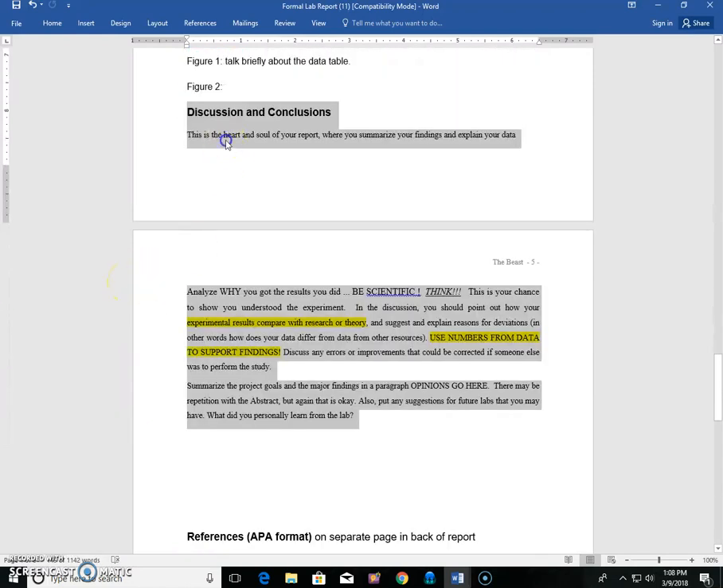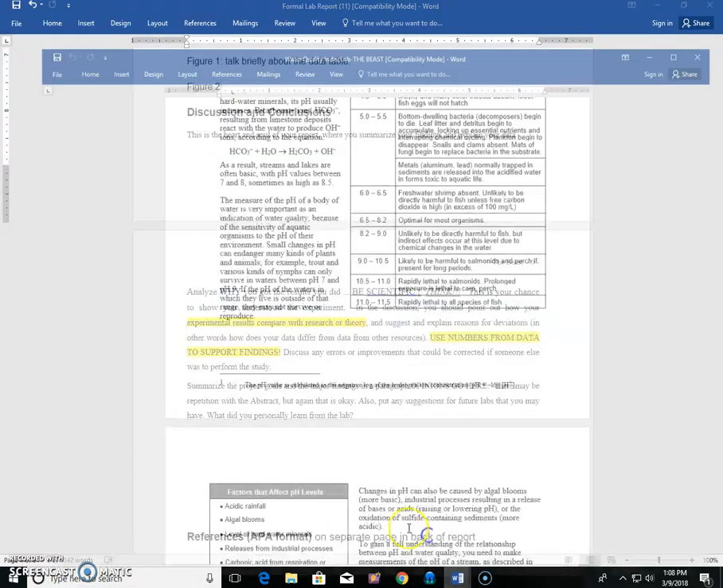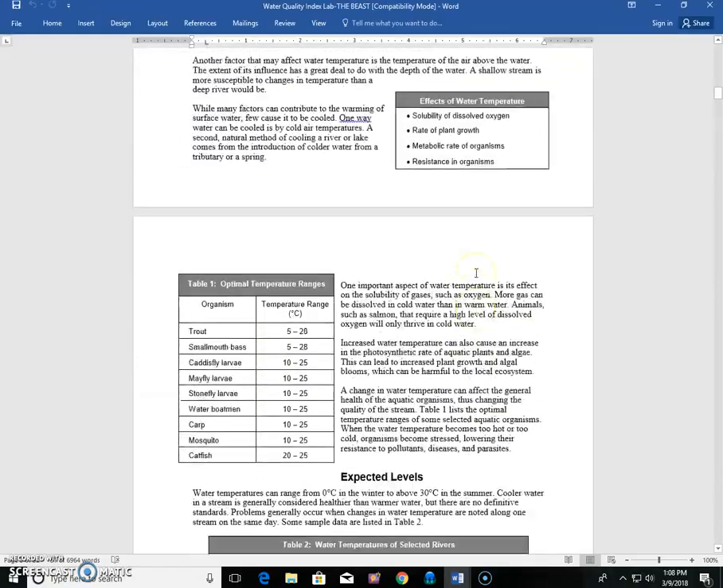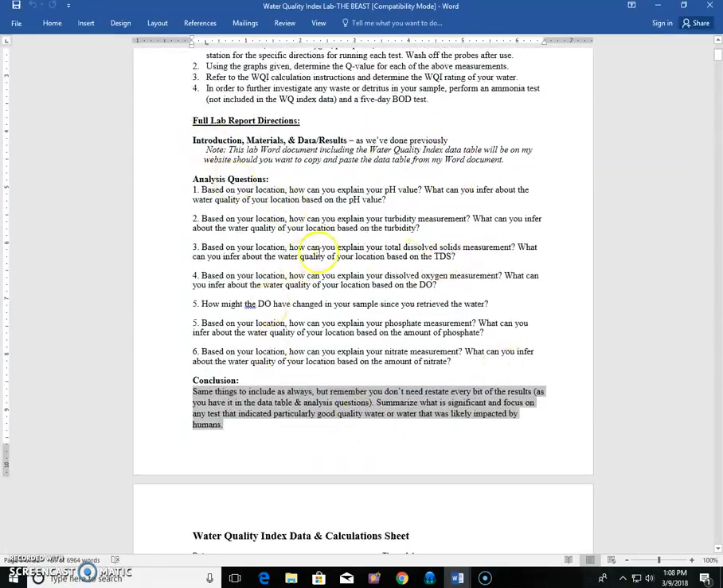And then we have the discussion and conclusions. This is going to be like your heart and your soul of your report. Everything that you even talked about or did or found is going to be in this area. Remember, real quick, going very briefly over it, remember that the analysis questions are all here. Those are going to be very good guiding points for you to make your formal lab report. And also, don't forget to